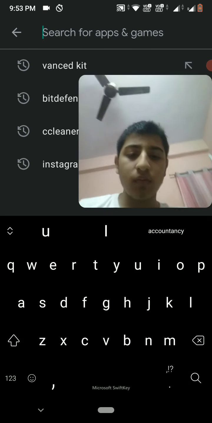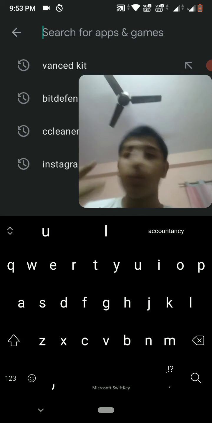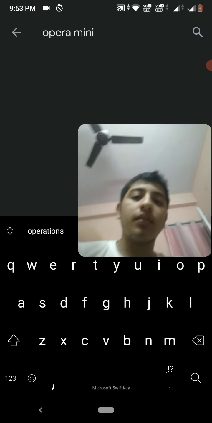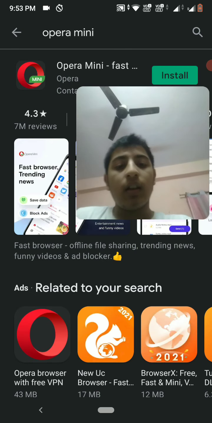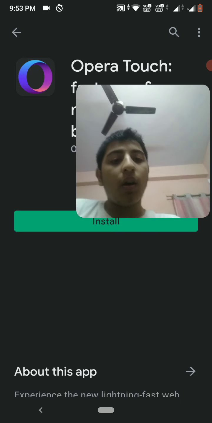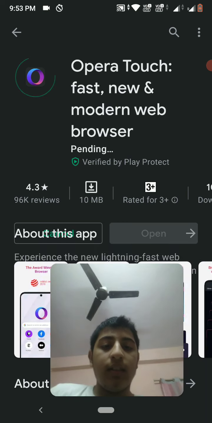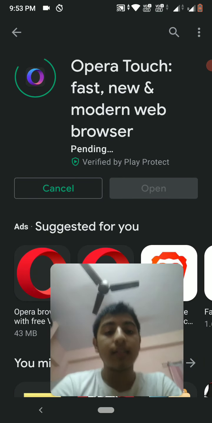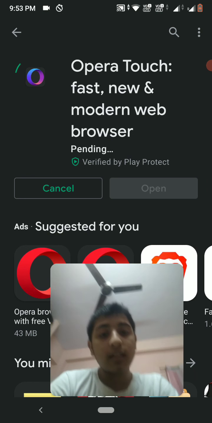But if you want premium and you don't want any ads, Opera Lite is a nice browser. When you turn ad blocking on in this browser, it even blocks YouTube video ads.